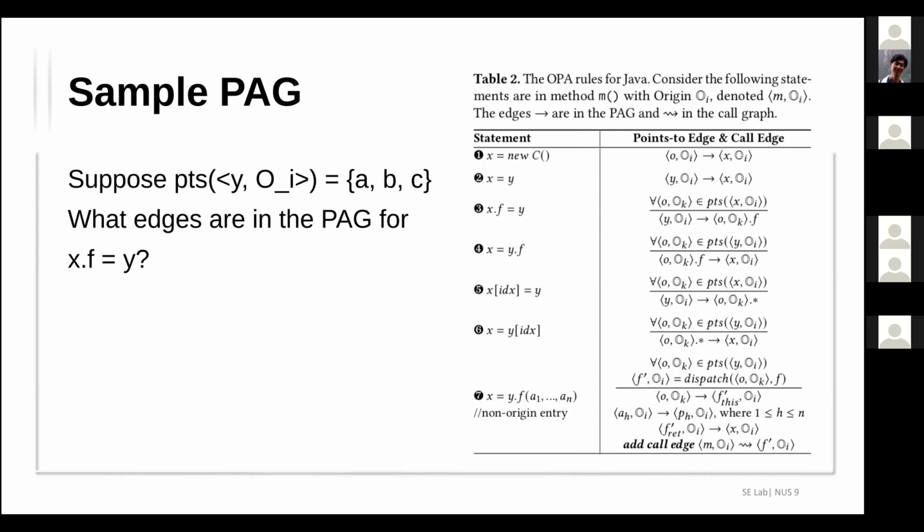In table 2, it is showing the rules and how we infer the points-to analysis relation. For example, when we create a new class instance and assign the new object to X, the left part is a statement, and the right part is a rule to infer how to build the variable-object relations when we execute these statements. So for the first statement, when we create a new object and assign it to a new variable X,